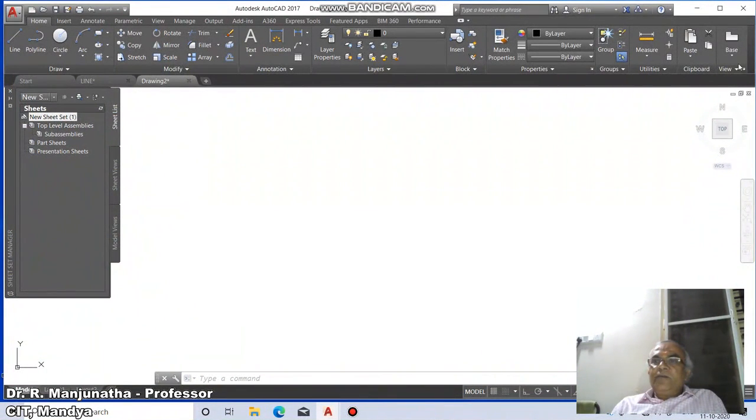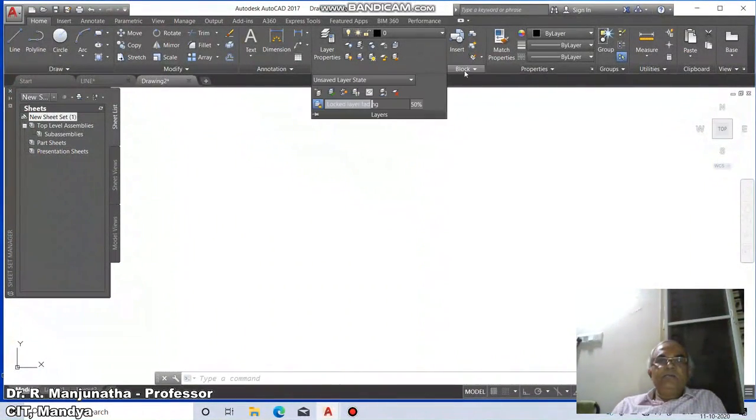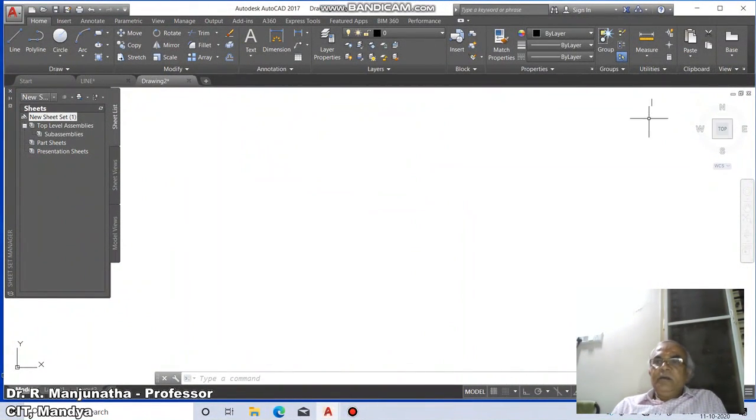A lot of icons will be displayed on your screen. And we have pull-down menus: draw, annotations, layers, all of which will be explained in detail when we take up our further commands. And you can see a white background. This is where we can create the drawing.